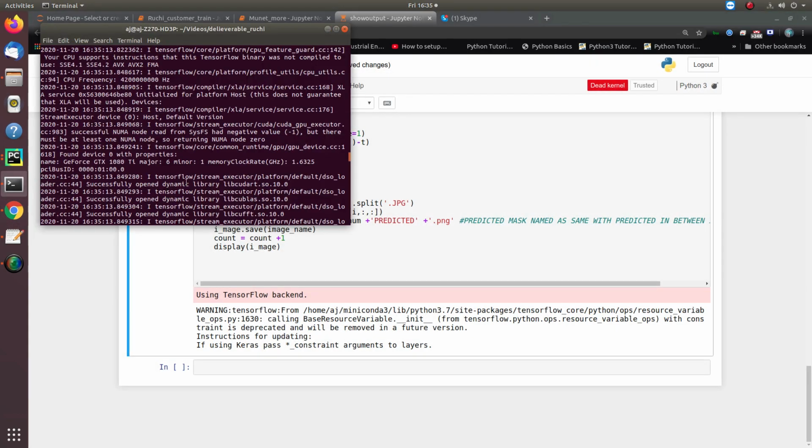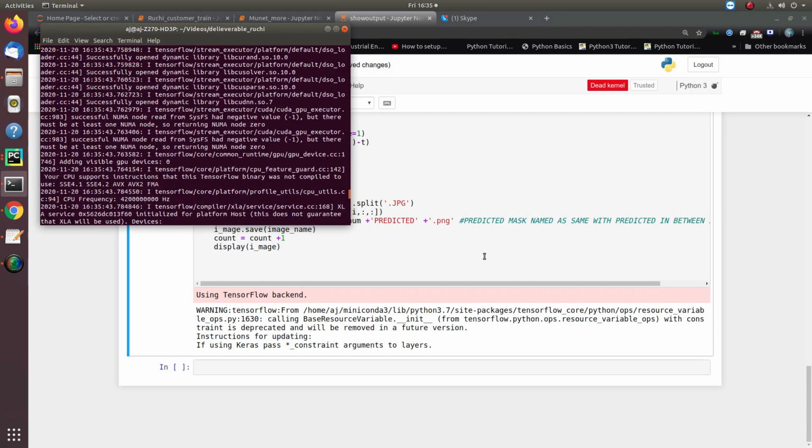My kernel is crashing every time. I'm facing some error of CUDA.